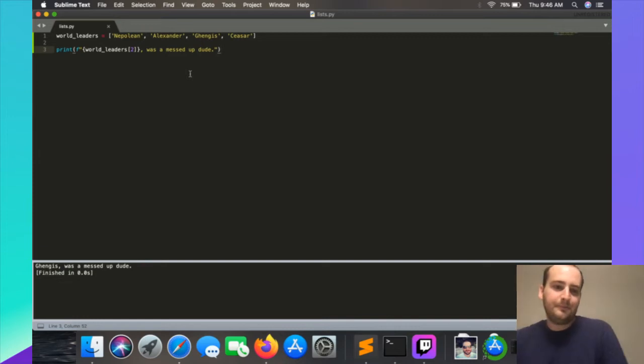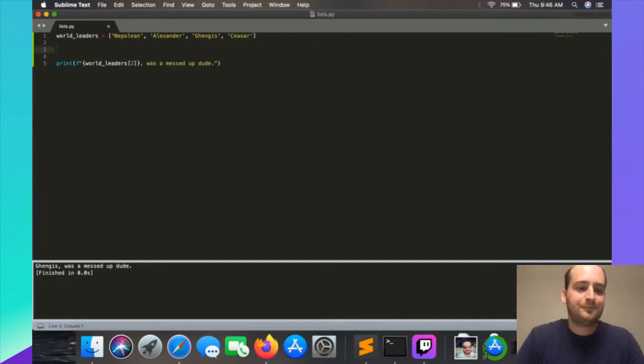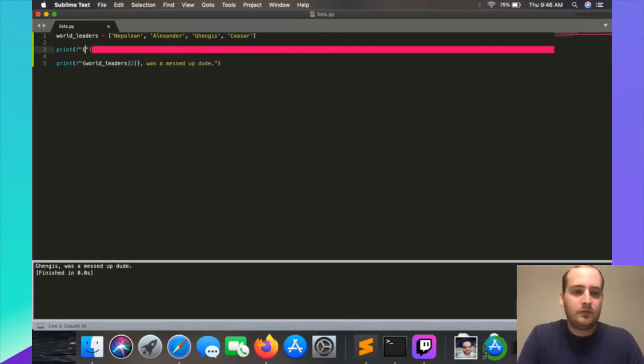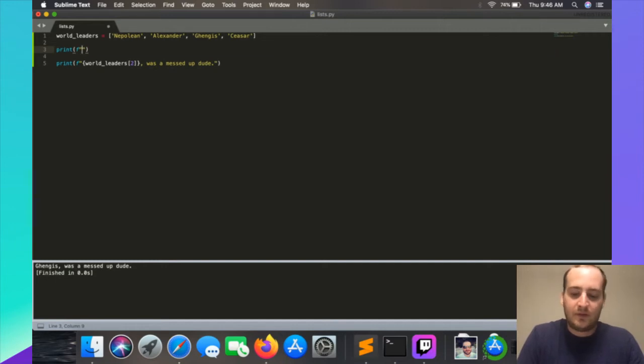So if we want to print out something about every single world leader, print F. And this is just an exercise from the book that I'm going through. So we've already printed out all the names. Now we're going to print a greeting for each world leader. So we're going to go ahead and put in our curly brackets, put world leaders, and we're going to print out something for Napoleon. You were